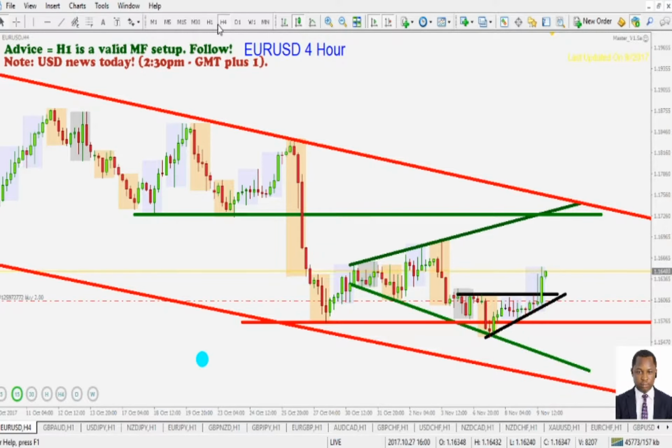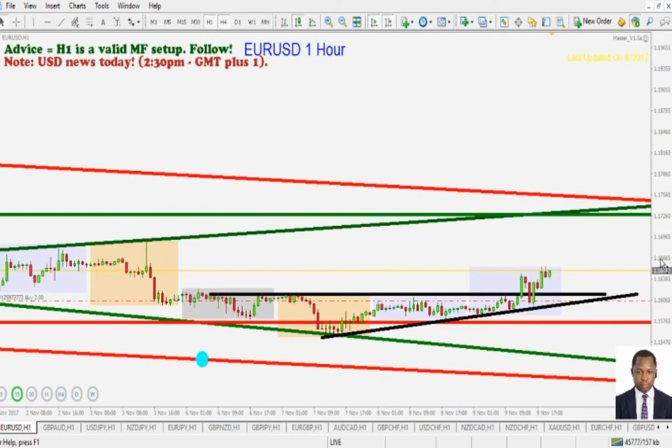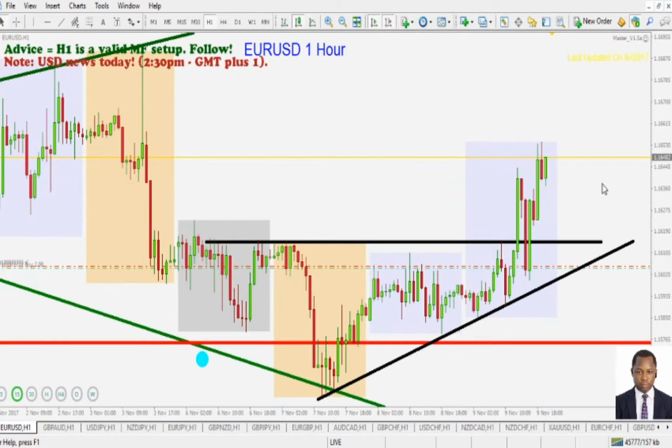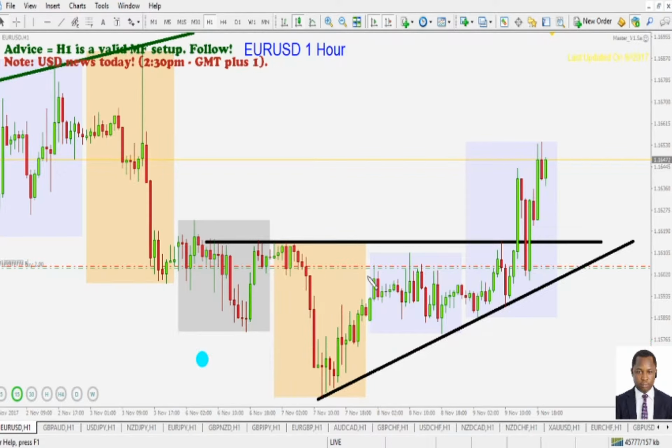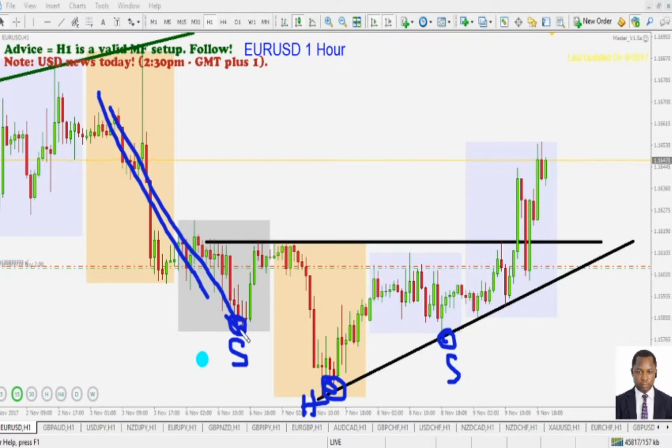Let me go to the 1 hour time frame. We were following price with this breakout, with this flat top triangle. Let me take out this, where we actually did analyze that in the Telegram group as well, where we talked about a possible head and shoulders pattern formation. It's an inverse head and shoulders pattern formation. That's the shoulder, this is the neckline, this is the head, neckline area.